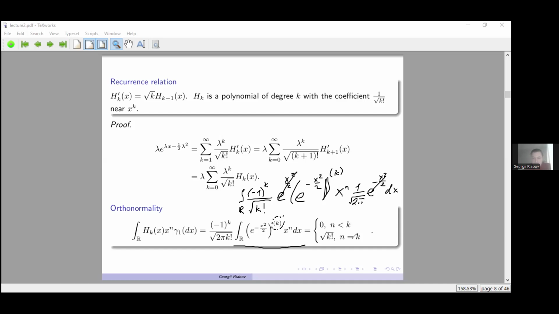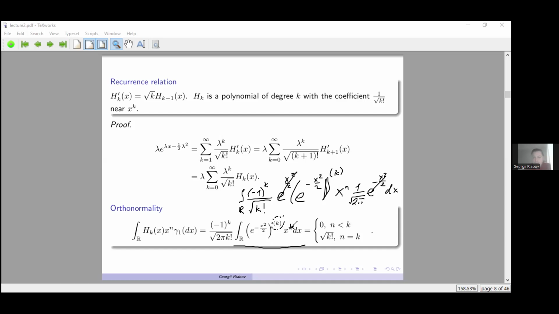Okay, and if n is equal to k, then here we will have the power k. Yes, and after integrating by parts k times, we will get